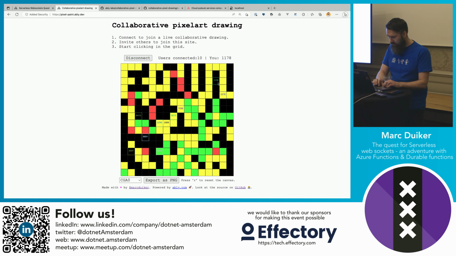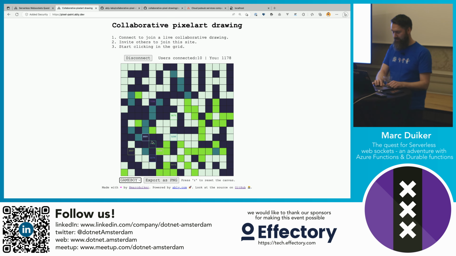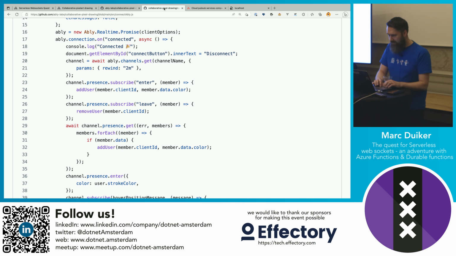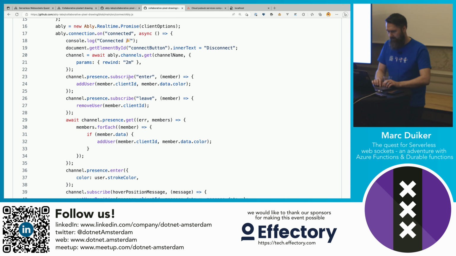So I'm actually a captioned user, and I'm showing all of the numbers, which are all of the client IDs. And you can also change the color scheme, and it should change on all of your devices as well. But the presence is also something that really makes it quite unique to Ably.